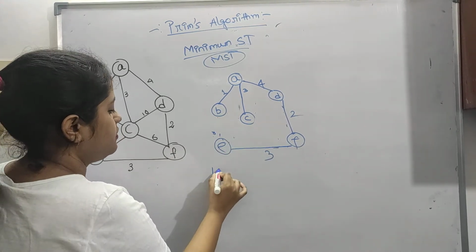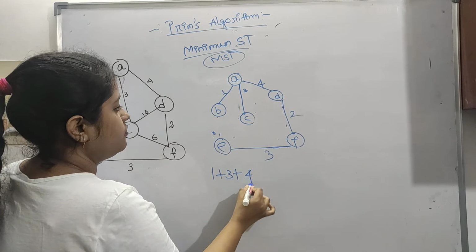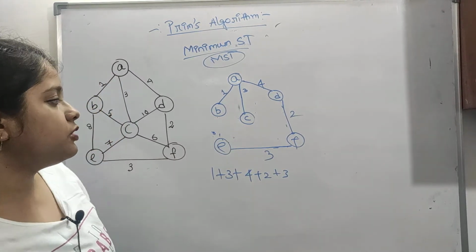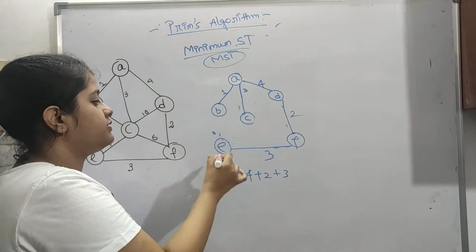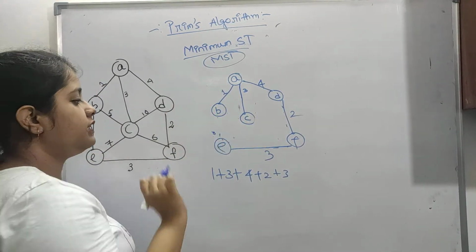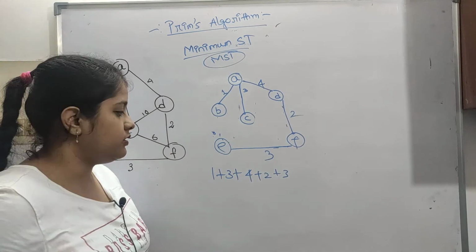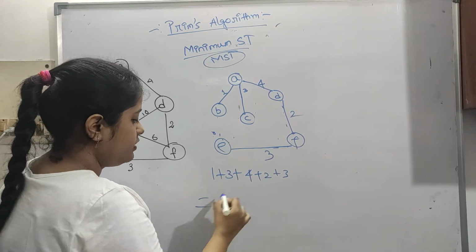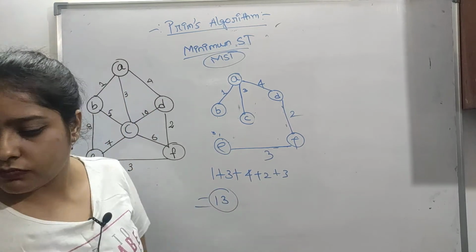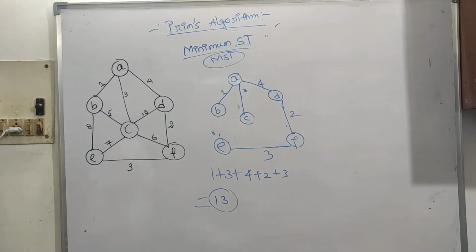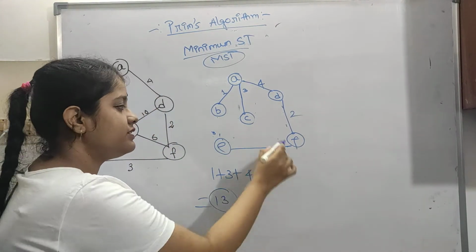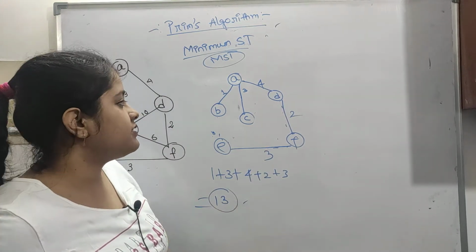So what is 1 plus 3 plus 4 plus 2 plus 3. See, when we stopped, we can see that all the vertices, A to E, are present and everything is connected. Okay, so 3 plus 1 is 4, 4 plus 4 is 8, plus 2 is 10, plus 3 is 13. Let me check the answer once. In my notes also I didn't, I am so lazy in calculating and all. So anyways, it is correct, I haven't done this question.